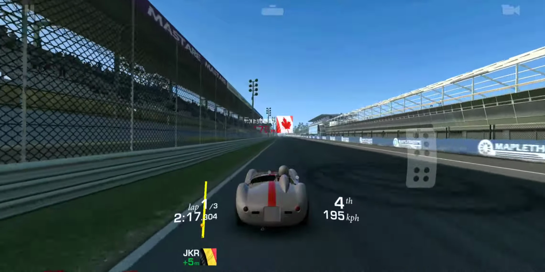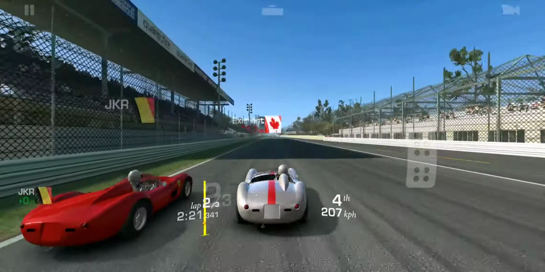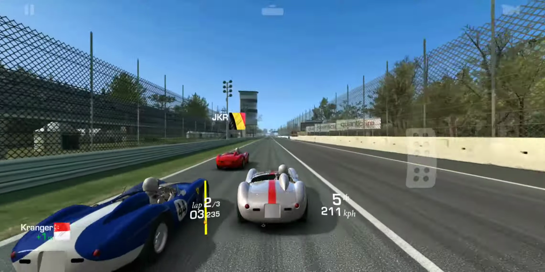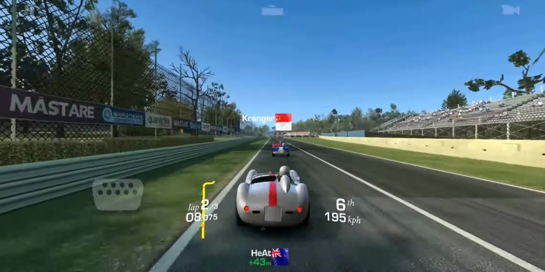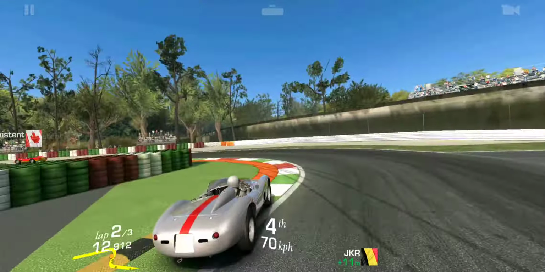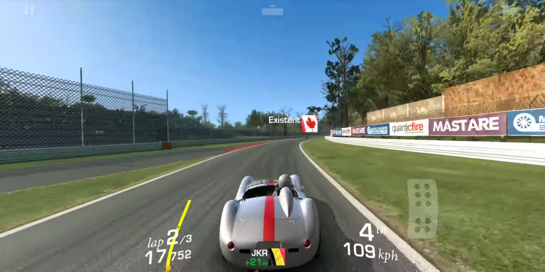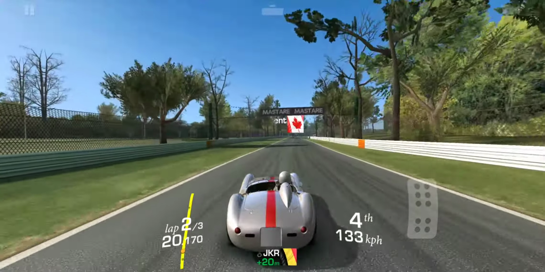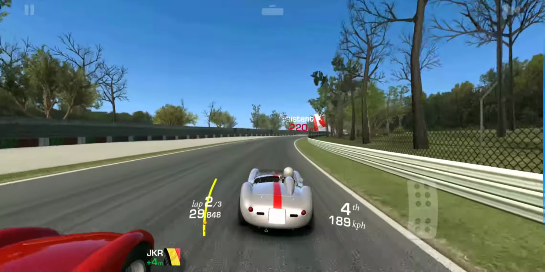Alright. Should I let JKR pass? Yeah, we'll let him go. That's alright. Whoa, I didn't say you can go too, Granger. Alright. A little bit of scratching on the side. Back in 4th place. But once again, we got that JKR, our Belgian opponent, right back on my tail again,